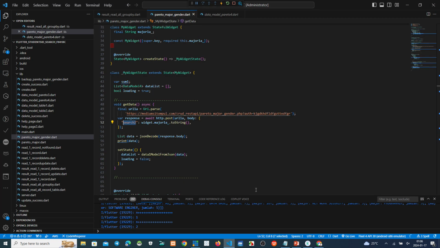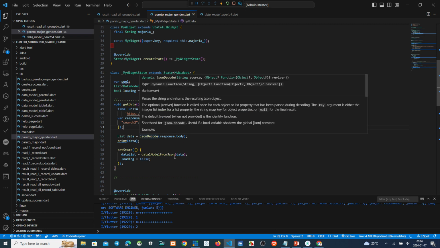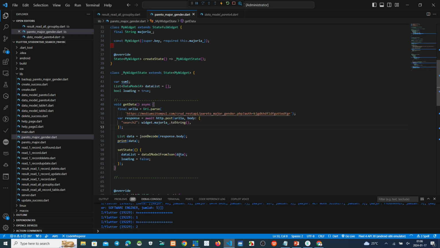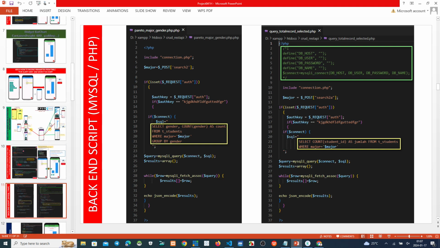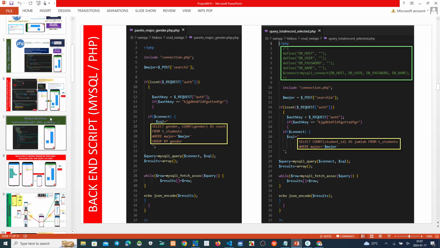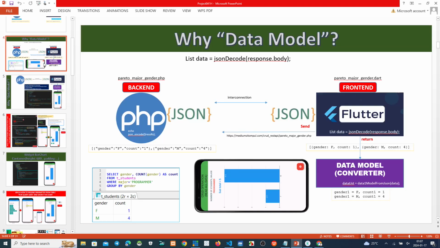Okay, now after that, this parameter makes a connection to the data model. This is a data model. Where is it? Okay, this data model, yeah. This data from Flutter goes into the data model.